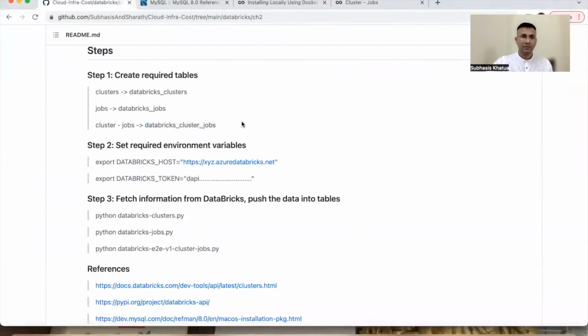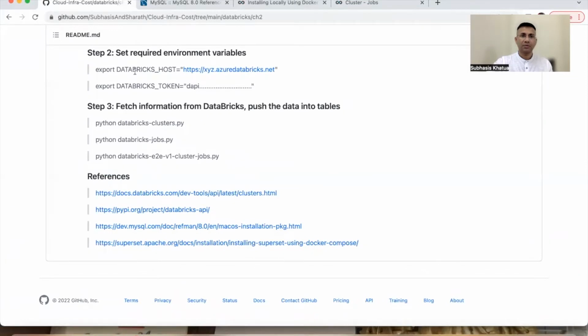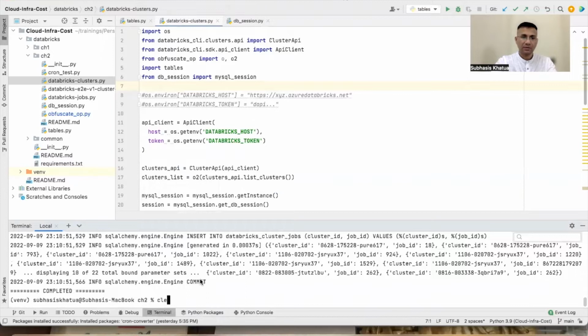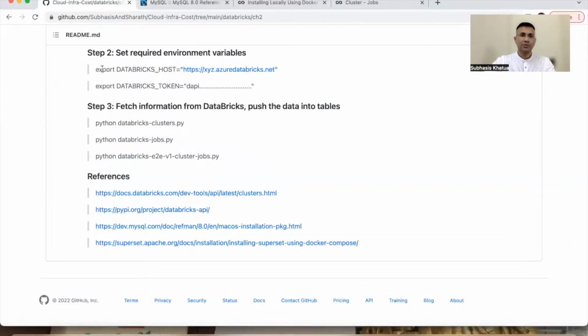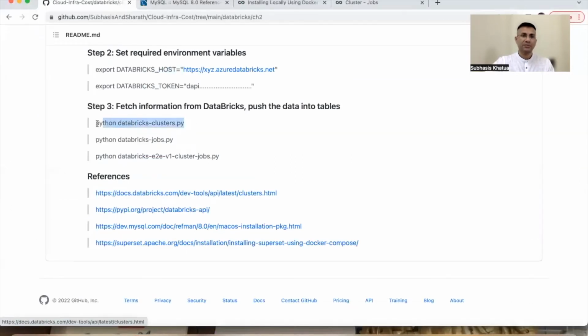All right, so we have done till here, and then we have created the tables also. Now the next part is, in order to be able to connect to the Databricks workspace, you'll have to set these two environment variables. Okay, I think I missed this part to show you in the previous video as well. But go and connect to your Databricks workspace, the UI, and get these two pieces of information: Databricks host and token. And then you open the terminal and set those two variables. Okay? It is set like here: export DATABRICKS_HOST equals the actual value of your Databricks host, and likewise for the token. Okay, please do that in the terminal,